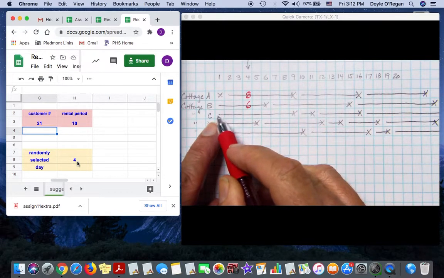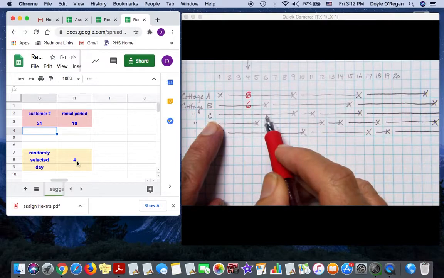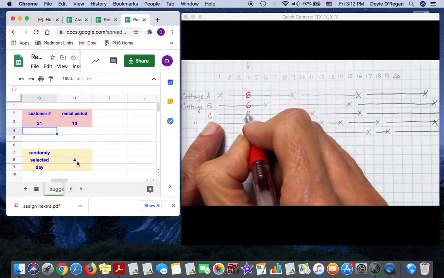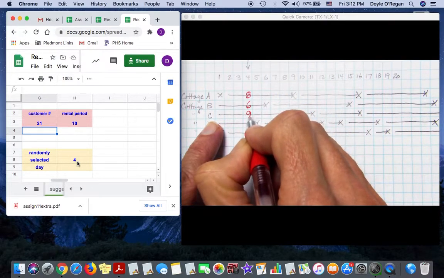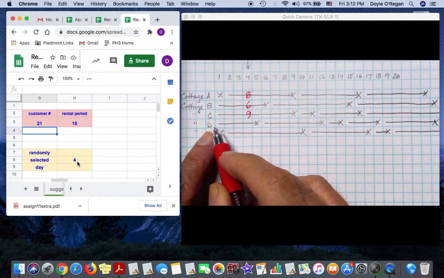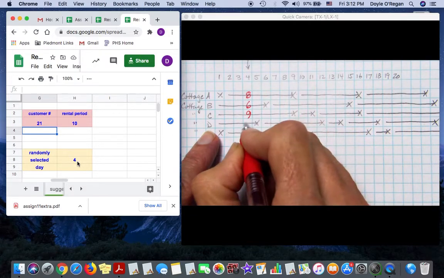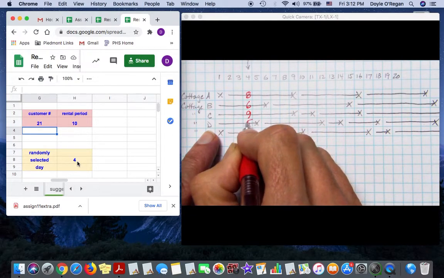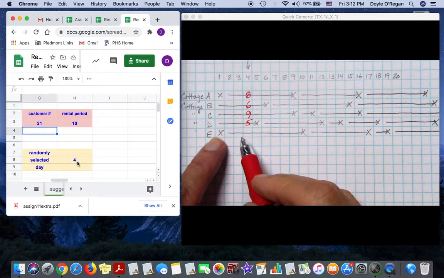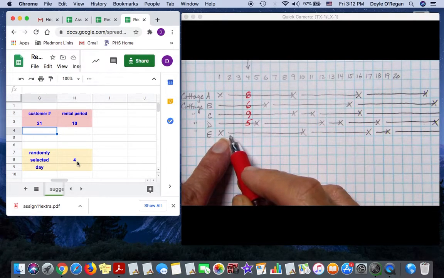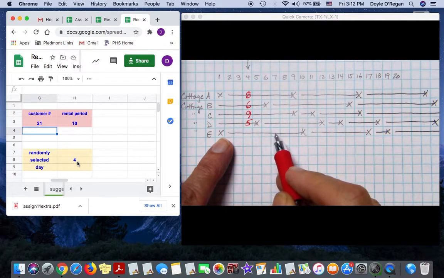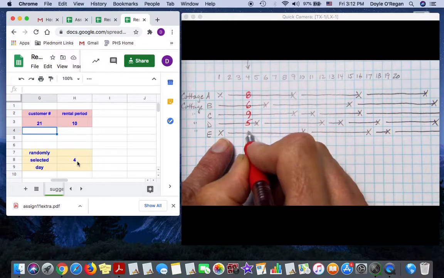In cottage C, a 9-day stay. In cottage D, this person's on a 5-day stay. And then cottage E, this person's on a 6. This person's also on a